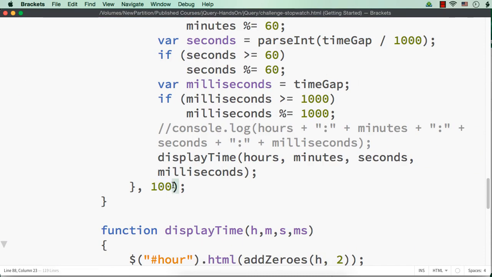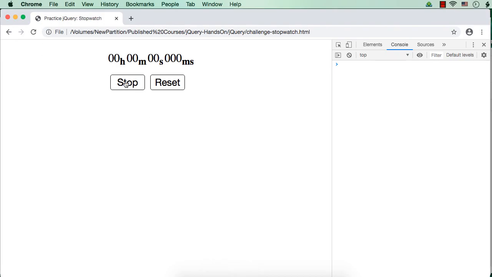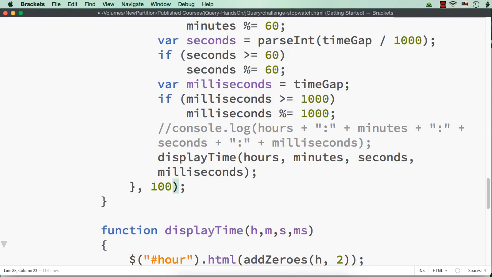If we increase this interval as 1 second, that is 1000 millisecond, what will happen? Let me start. See, it will just show every 1 second. That is, the line of code will be executed at every 1 second. So it is not a correct way of implementing a stopwatch, because in a stopwatch we need to see the millisecond values as well, right? So we can change it back to 100.